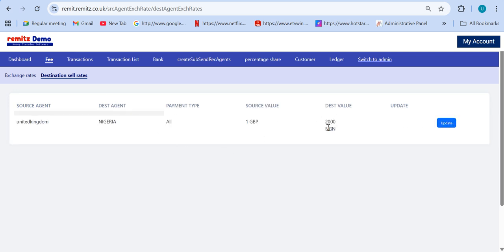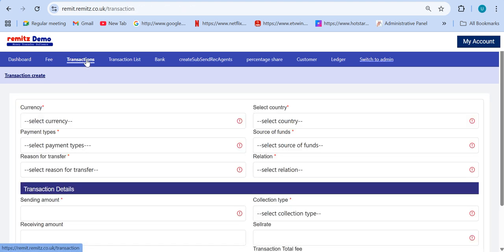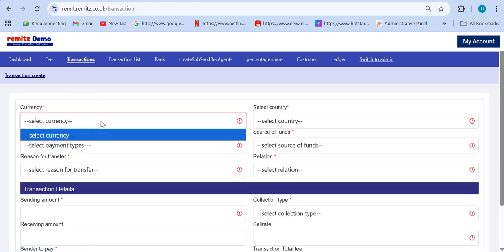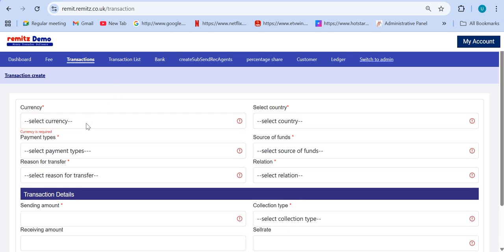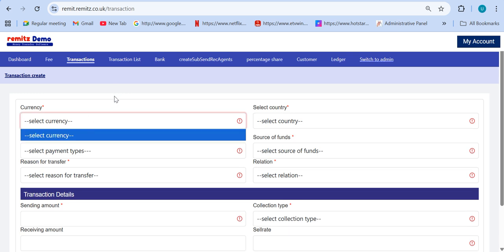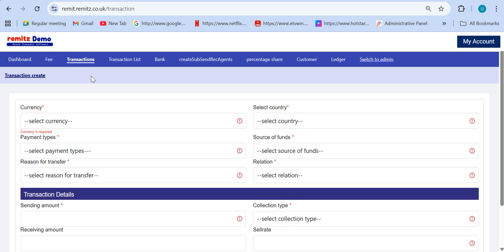So whatever they have marked before, let's say they marked 10%, because I have updated 2000, the rate will change according to the 10% for the admin and 5% for the sending agent. Then transactions, so they can create transactions. Here, these people cannot create, we have not mapped from Nigeria to, so this transaction